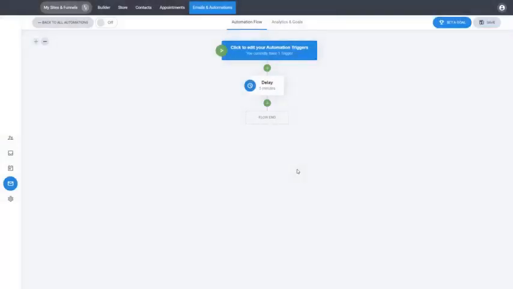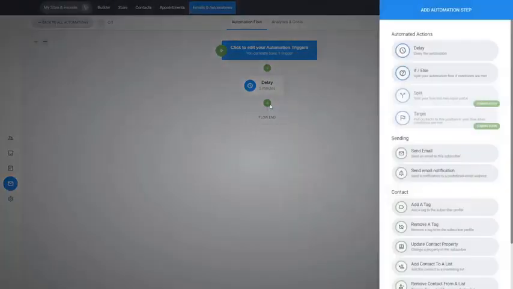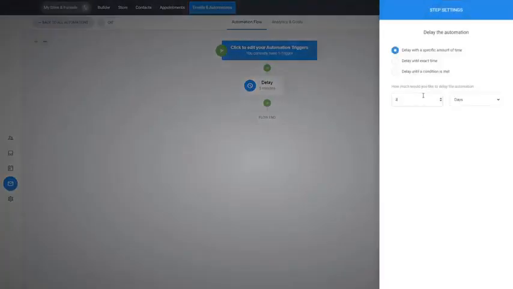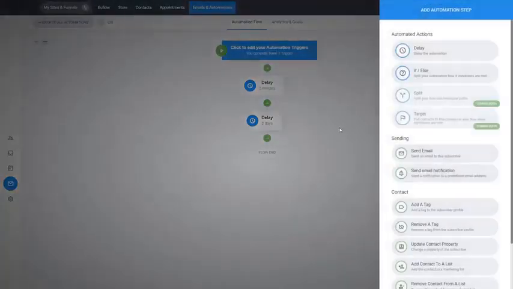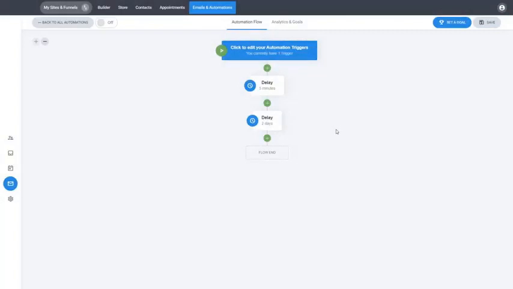because the person might not buy it right away, and you might want to send them a few emails. Maybe you want to send an email 1, and then after a couple of days you can send a different email to urge them, maybe give them a coupon code, for example, for purchasing the product. So there are so many different ways that you can do with the automations, and the quizzes are such an